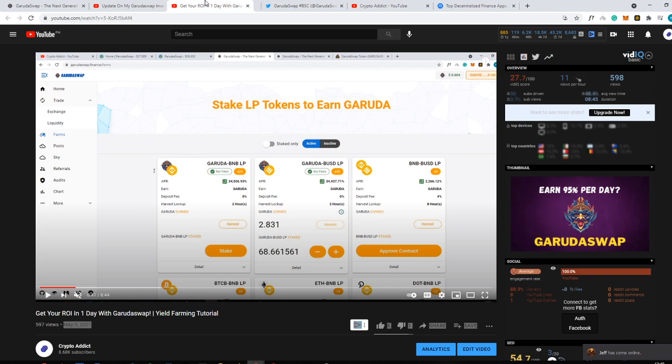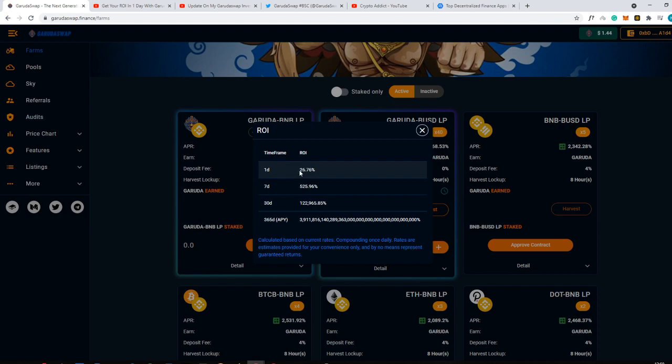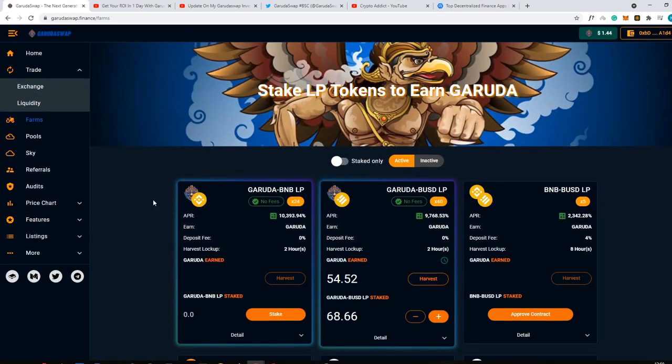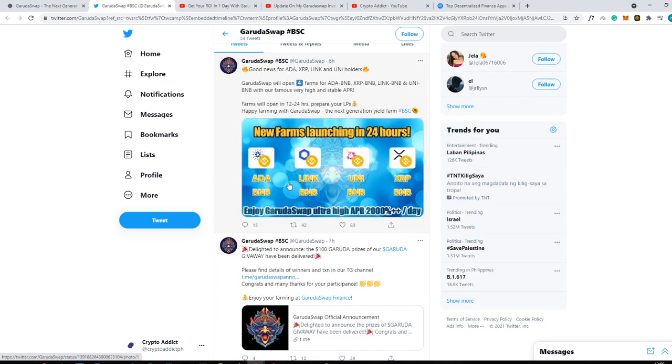9,768, which when you compare it here, is a lot lesser, but because of the amount of money being put inside the platform, the APR goes lower. So that's pretty common here, and you don't have anything to be worried about because you're still earning a decent amount of money here. You're still earning 26% daily, and it's still not a bad decision to put your money here because in this case you'll probably get your money back in the next 3 to 4 days, and Garudaswap is not going anywhere because